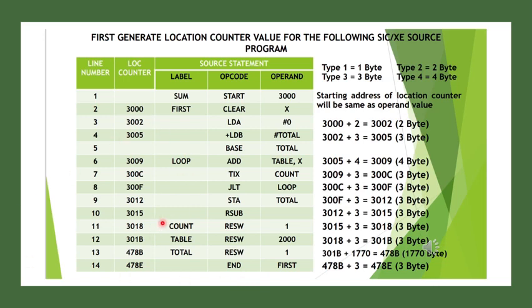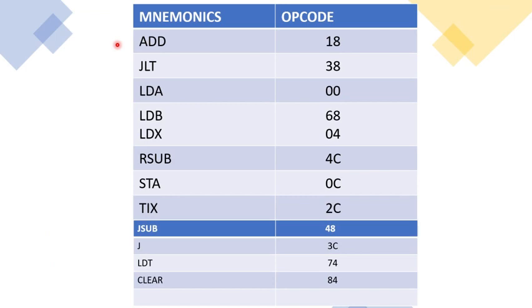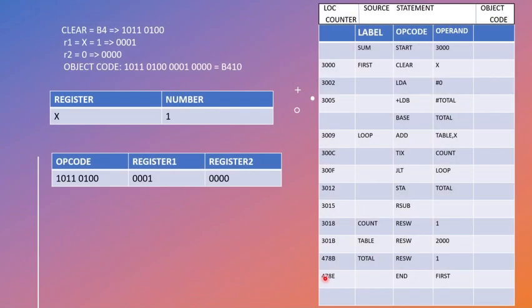Now, moving on to the next one. Here we see how to calculate the object code. First, here we have start. We ignore the start. Starting from here, the location counter value 3000. First, CLEAR X. Here, CLEAR,